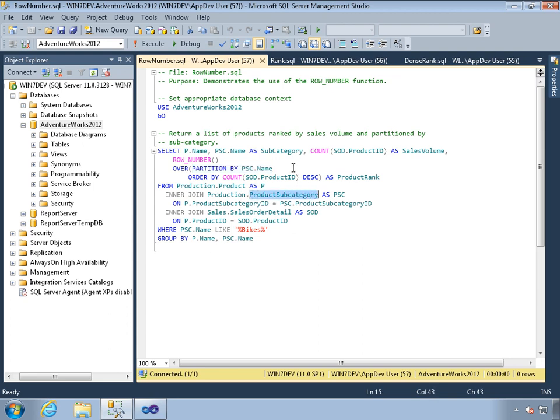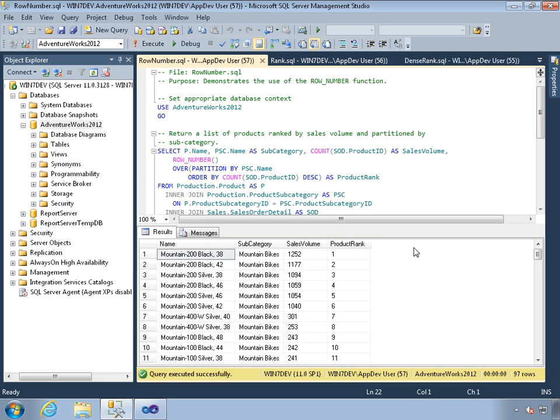And then we're going to order those rankings based on the number of sales for each one of those products in that particular category, and we'll do it in a descending order so that we see most popular to least popular. And you'll see that that's a continuing theme with these examples, but the first one here will show you how this works. Very quick, very down and dirty. We get our rows, and one of the things that we want to be aware of is if we scroll down here,